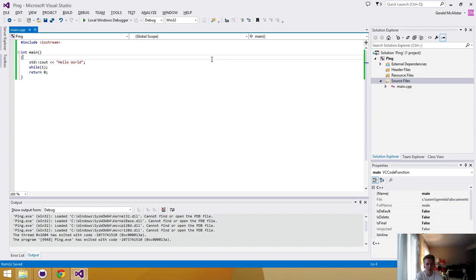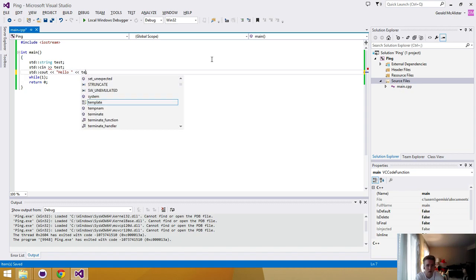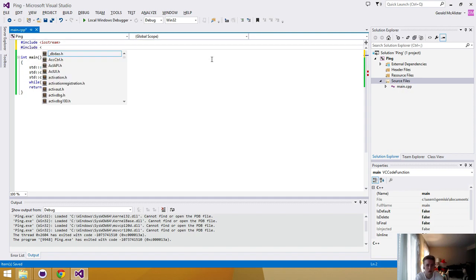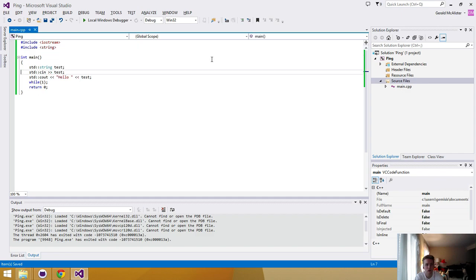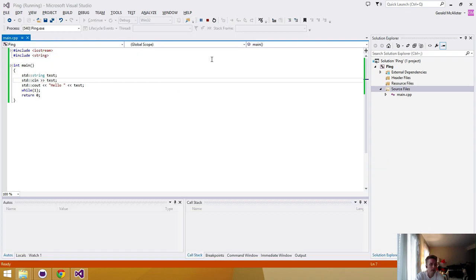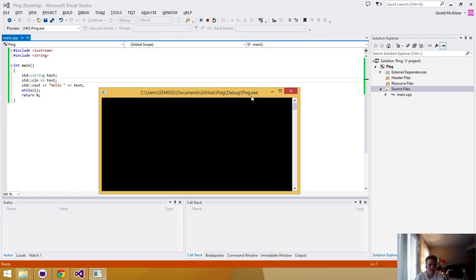The other thing you can do with this is just some fun little C++ stuff real quick: we can use cin and store this to an output. So we'll make a string variable test, and we'll store our string output into test, and we'll do hello, test. And I think we need to include string.h. And now if we come here, you'll see that it's waiting for something, so we'll type in Genesis, and it'll